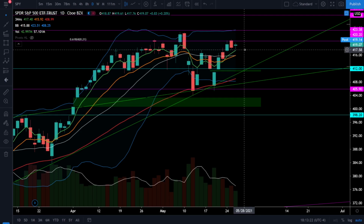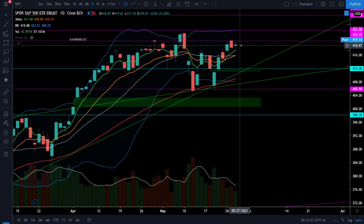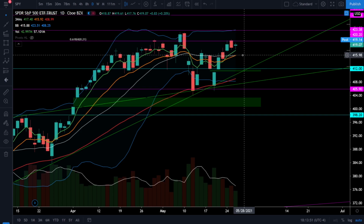Alright, so today we saw SPY going up 0.2%, and that's yet another day of SPY closing back above that 20 simple moving average. Remember, the critical support on SPY right now is the 20 simple moving average at $416. We do see the price action closing higher than yesterday's close, and we're getting very close to retesting that resistance level at 420. The other thing I want you to pay attention to is that 13 EMA starting to cross back above that 20 simple moving average, which does mean all of the moving averages are now going to be